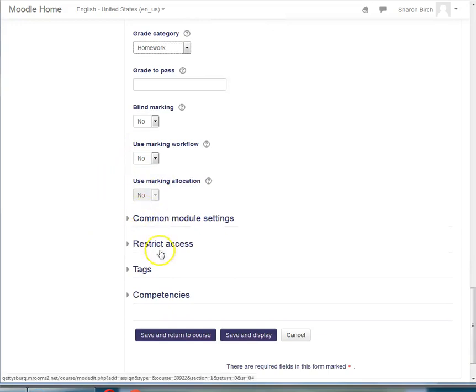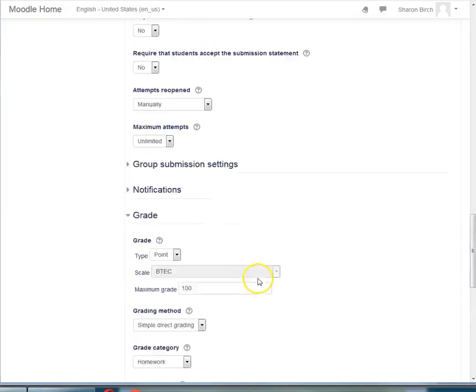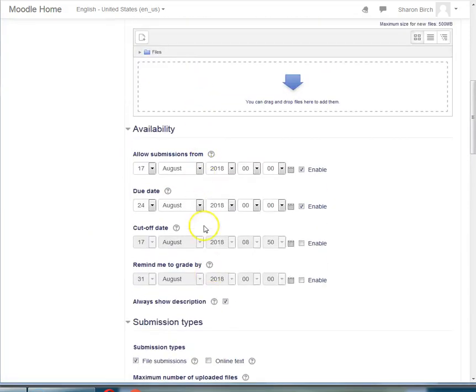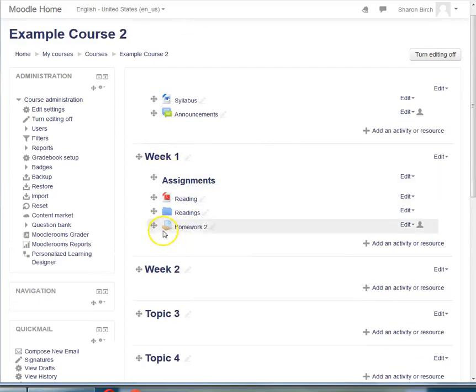Ignore that. Restrict access, again, you really don't need that much because you've already got dates here, so you don't need to use the restrictions here. And then finally, I'm going to save and return to course, and you'll see there it is,